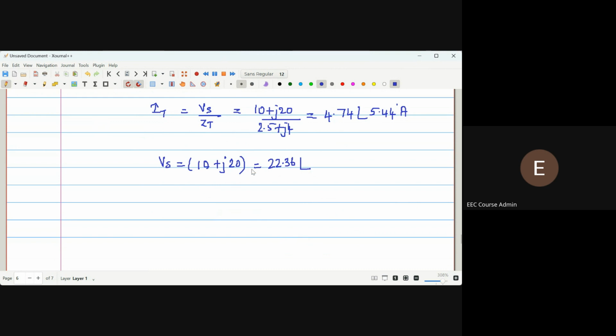That means the angle involved in this voltage is 63.43, so that the current is this much. So the phase angle theta will be